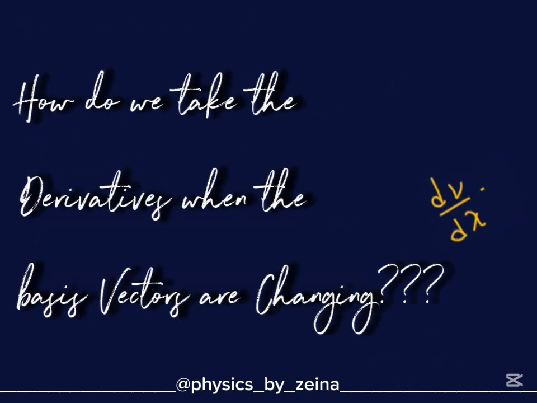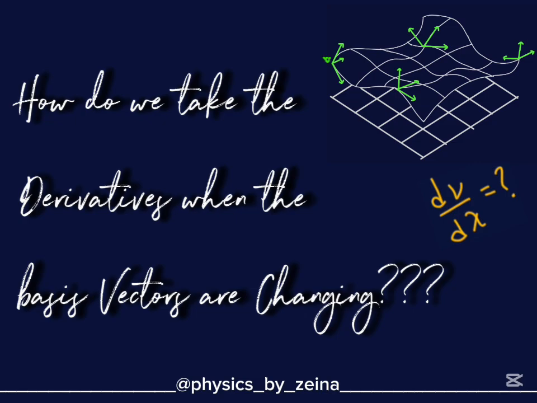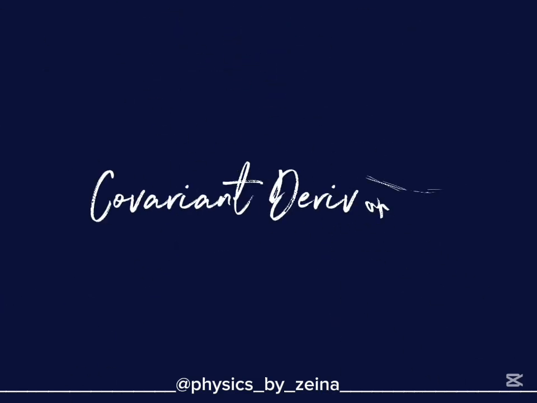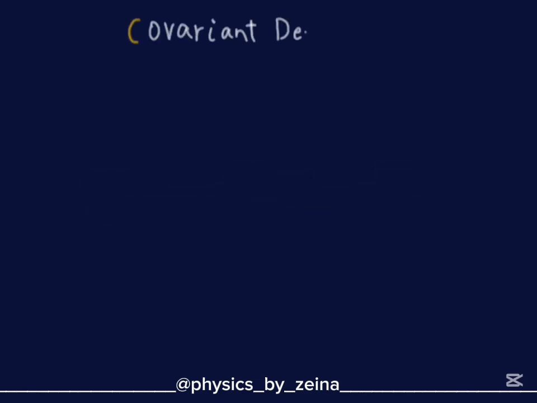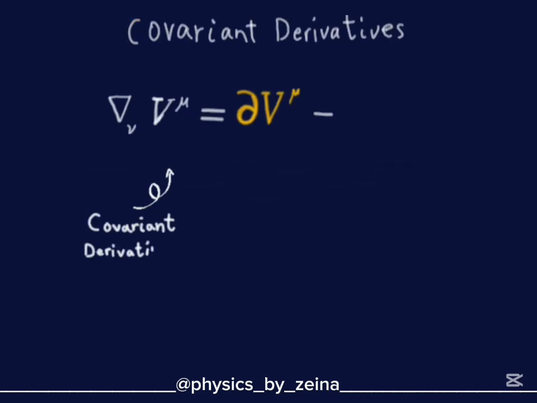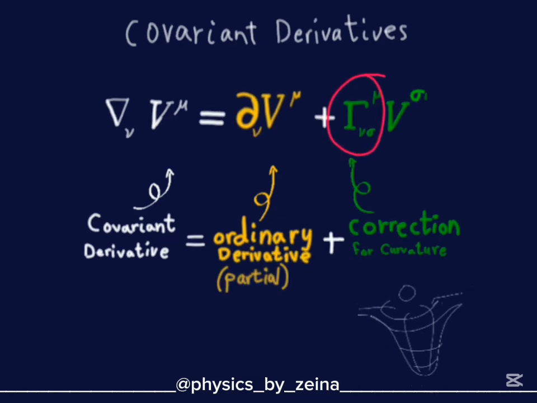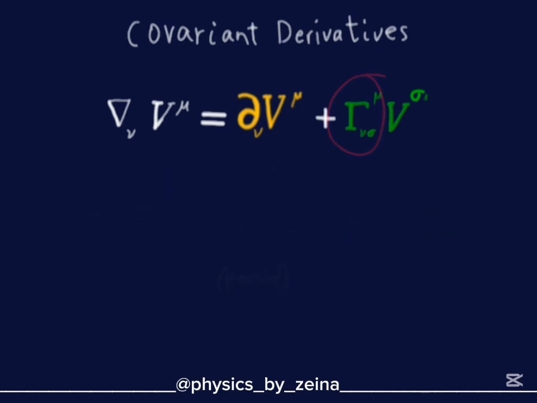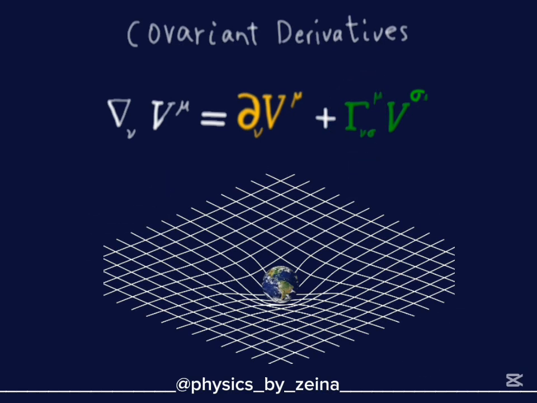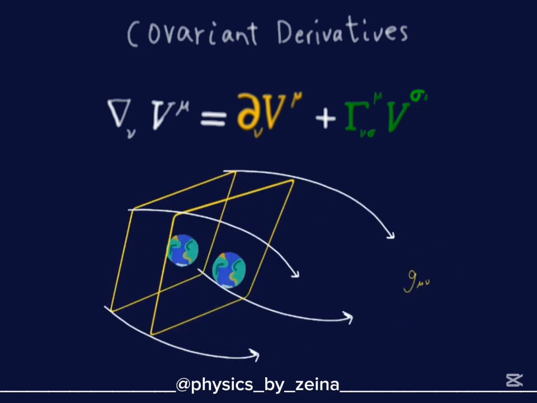The big question is, how do we take a derivative when the basis vectors themselves are changing? Here comes the significant role of covariant derivatives. Think of them as a correction for the derivatives that accounts for the curvature by adding the Christoffel symbol. Again, covariant derivatives allow us to differentiate vectors in curved spaces by tracking the change as we move through the